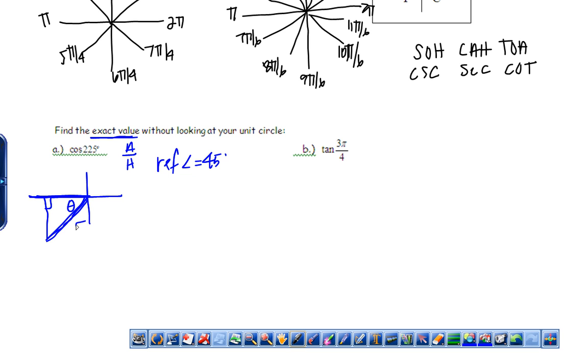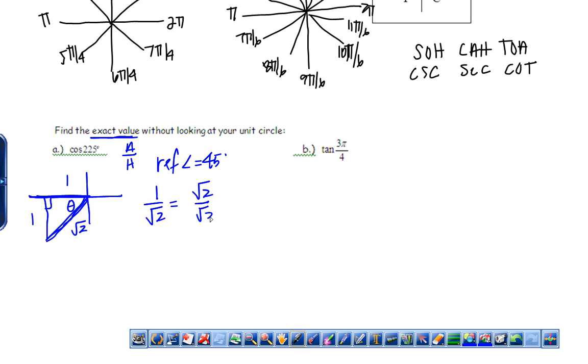So this would be √2, this is 1, and this is 1. So I'm going to find cosine from theta, and cosine is going to be adjacent over hypotenuse. So adjacent over hypotenuse is going to be 1 over √2, and if I rationalize, that should be √2 over